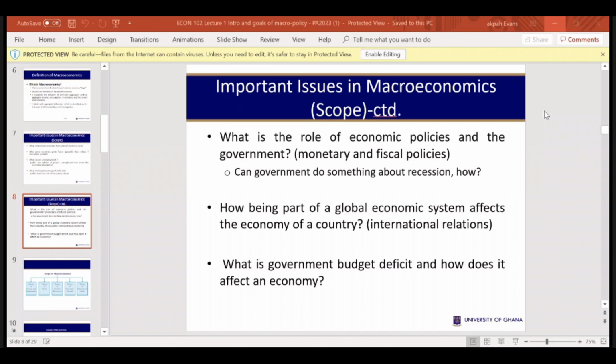Whether budget deficit is bad, whether it's wrong, whether budget surplus is superior to budget deficit, and if the deficit is bad, why do developing countries, including Ghana, run a budget deficit over the period? Those issues could be addressed within the macroeconomic scope. Now, in summary,